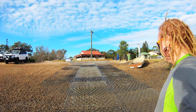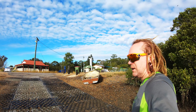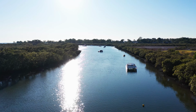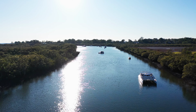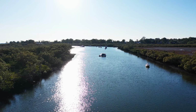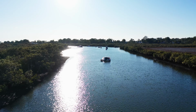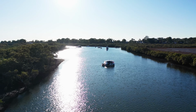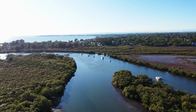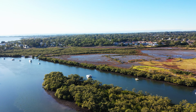See the boat ramp here, it's all rubberized and not at all slippery, so that's fantastic. It's a great boat ramp, and the best thing about this place is that there's barely ever anybody here. Weekends it does get busy, but during the week it's perfect. It's 9 o'clock now on a Monday morning and there's nobody here at all. It's a little bit remote and a little bit isolated, so mostly local people only know about this place, but